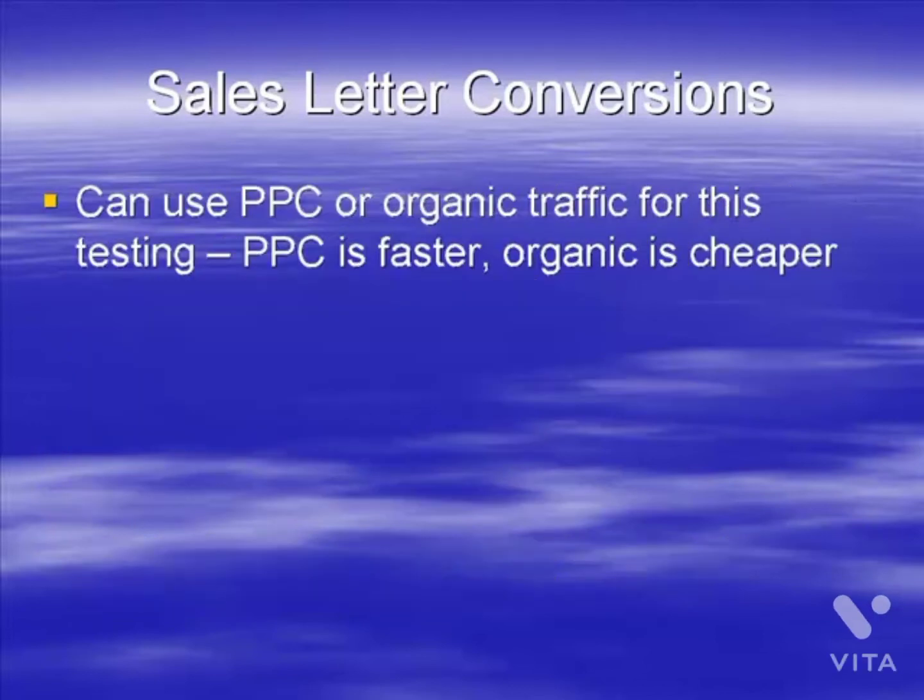Now, when it comes to driving traffic to your website, you've got two choices when you're doing the testing: pay-per-click or organic traffic. Pay-per-click is obviously faster. You could possibly get your 500 visitors or whatever in a day. However, it's going to cost you money. Organic, obviously, is going to be slower and cheaper. So it's up to you. It depends upon your budget. There is no right or wrong answer. Whatever money you have or however you want to approach it, that's your choice. Pick either one of these. It doesn't matter which one it is.